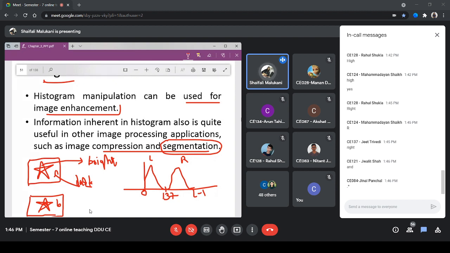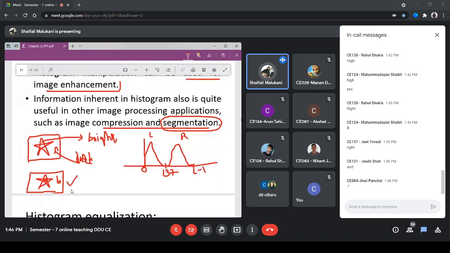So now what is my need for the segmentation? To have this type of mask. What is my requirement? That the foreground part should be white, that means there should be 255, and the background part should be black, that is 0. Or if it is foreground, then 1, otherwise 0. Whatever is your requirement, you can go with that. So can you tell me how I can obtain this from this? Use your logic.